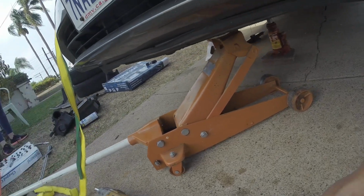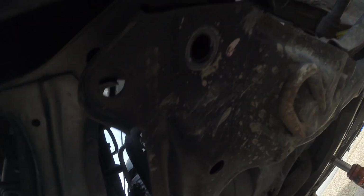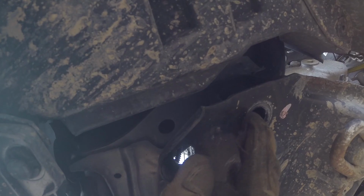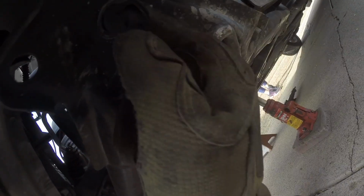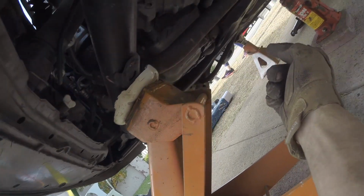Start to take out the 4 corner bolts. Take out these 4 corner bolts right here. You got one right here, one on the back side. They're 17 millimeter, 2 on the passenger side as well. So 2 on the driver's side. Take out these 17 millimeter bolts. Make sure